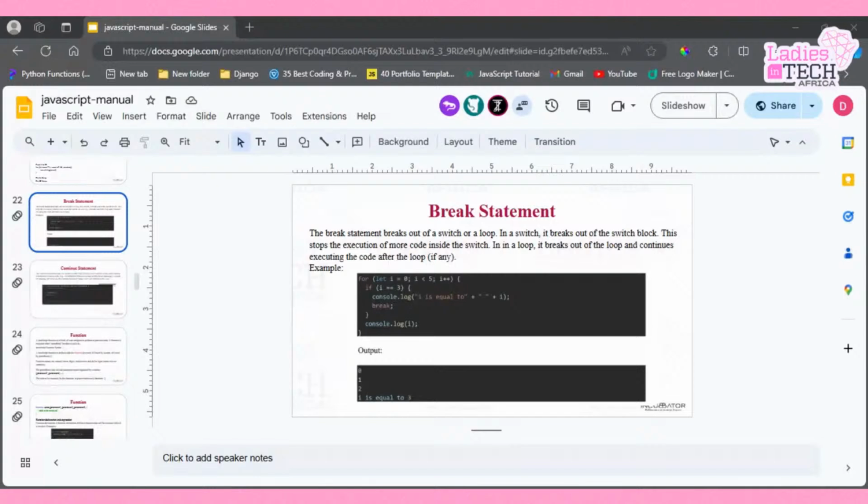I'm going to continue with what we mean by break statement. So I'm going to open my VS Code now so we can actually see how it goes. Let me pull up my VS Code and show us how the break statement works. Let me create a file so we can